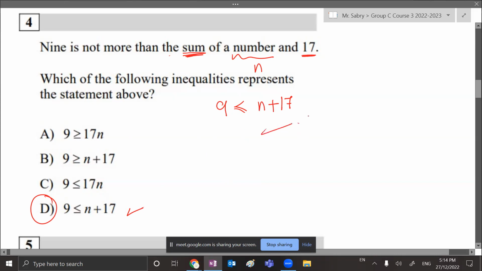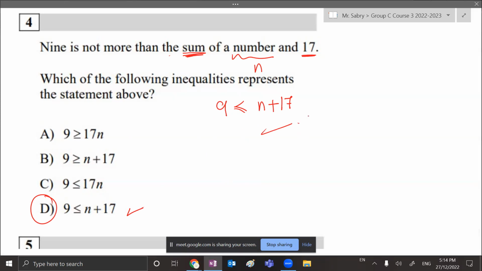So all what I did here is literal translation. That's very similar to the algebraic expressions that we did a couple of classes ago. So this should be helpful by now. Are we good in this question ولا في أي مشاكل؟